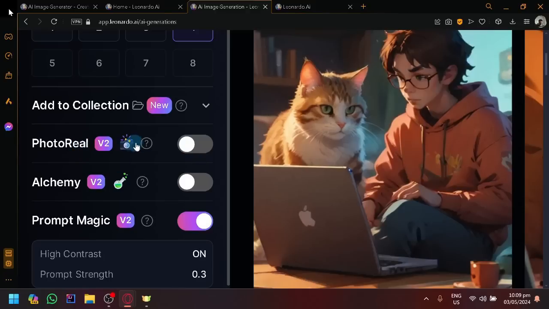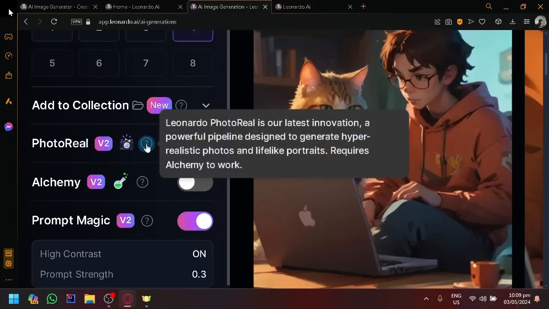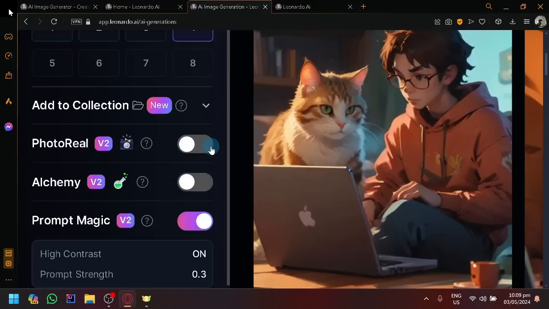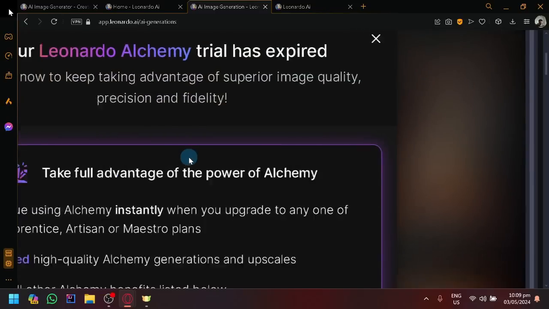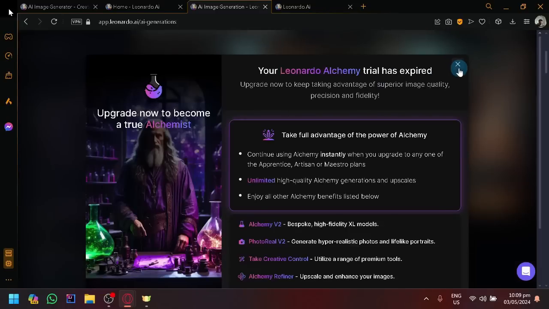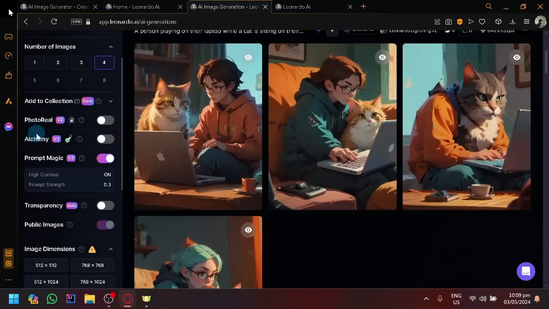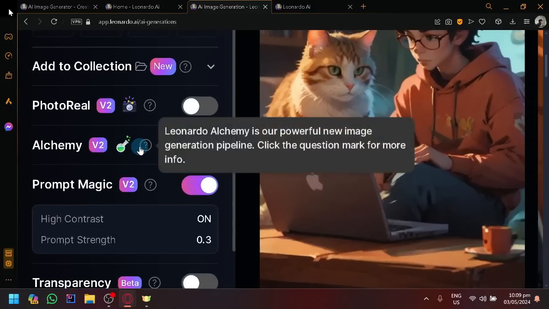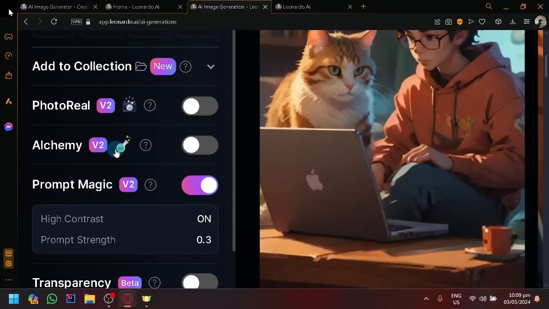You could have photoreal over here, which will basically allow your image to be as realistic as possible. You can enable that by clicking this. But those are features that you need to have a plan for. We also have alchemy, which will allow you to generate powerful and quick new images with a very great back-end